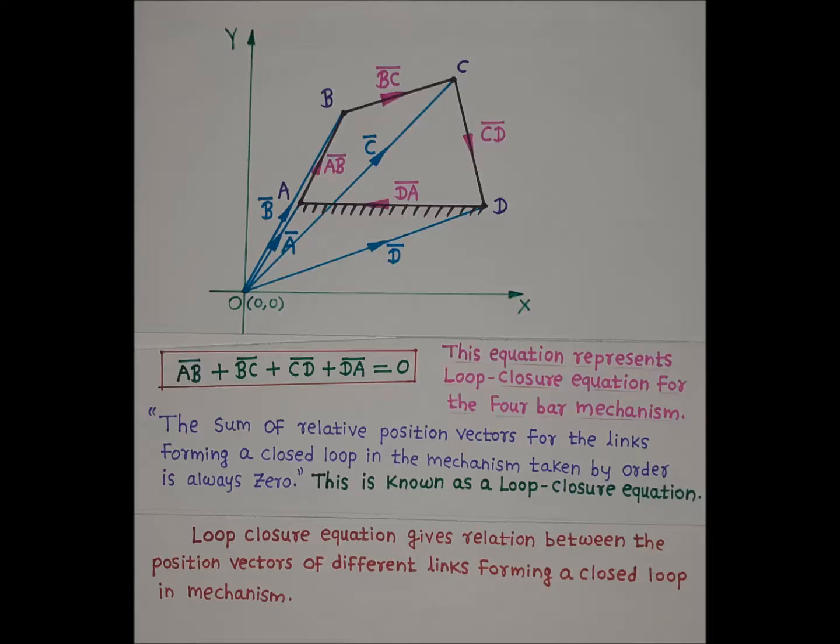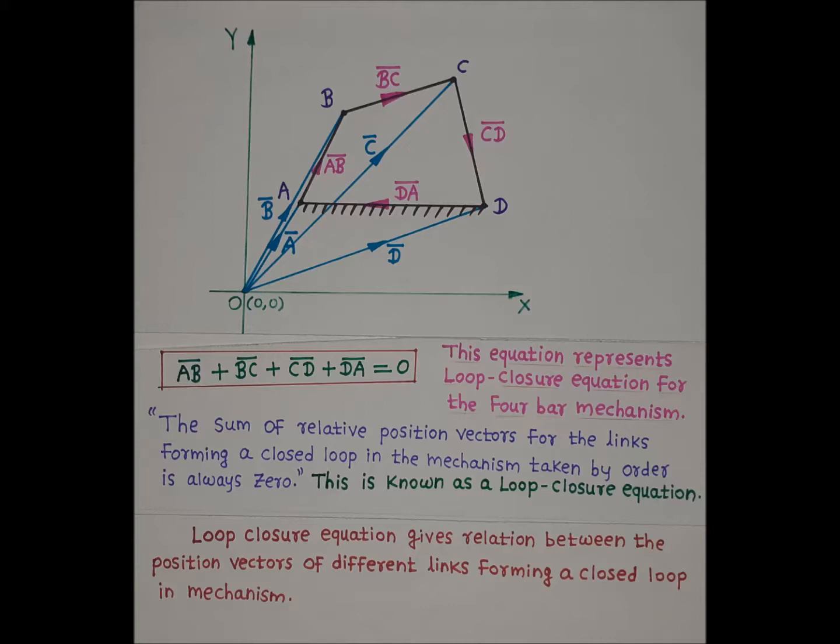Okay, so we are already having one statement with this. From that statement also we can conclude the same thing. In a mechanism, consider there is a mechanism, and in that mechanism there is a loop. Okay, there is a closed loop in it. Okay, and in that mechanism, if we will consider relative position vectors for the links, okay, because we are knowing those relative position vectors are along the link.